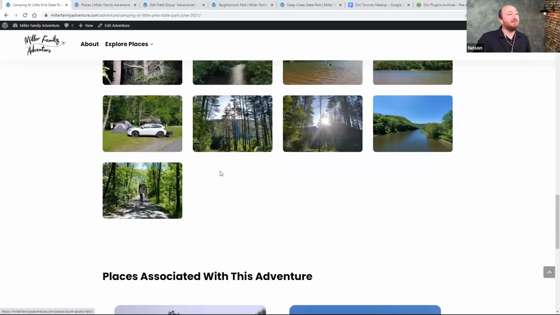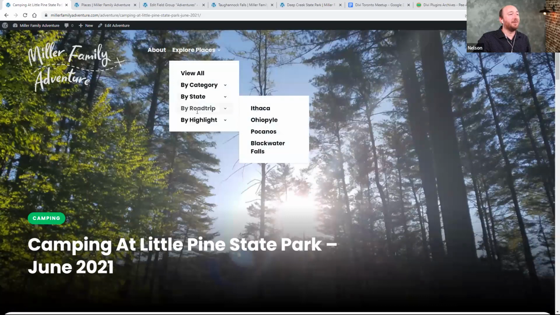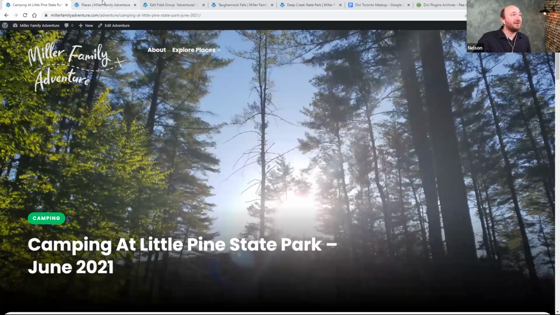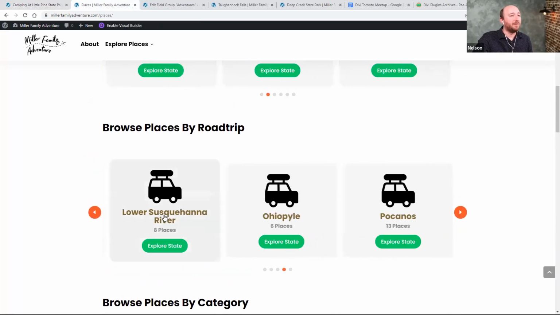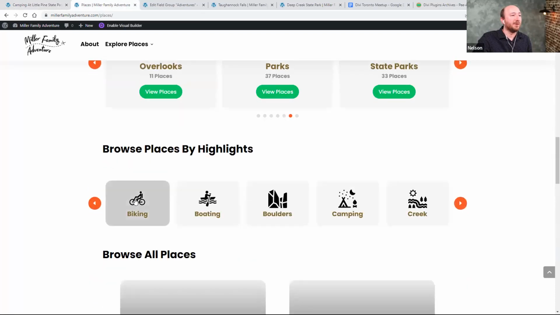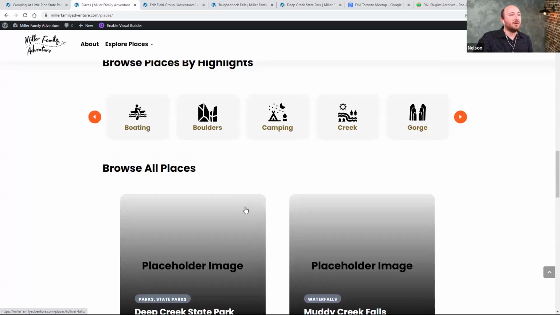So that is pretty much it. Now I have obviously these other taxonomies. So like I showed you states, you could view by road trip, and you can view by category highlights. And then there's just a list of all the places. Whew. Okay, so